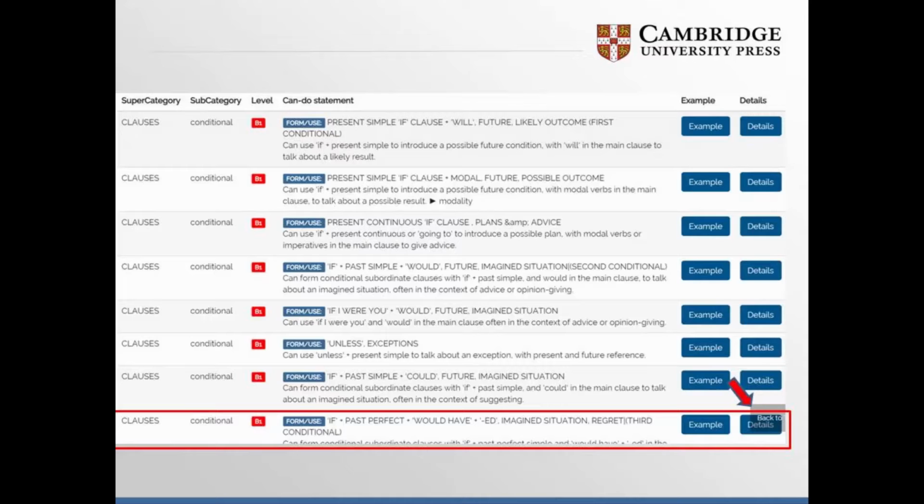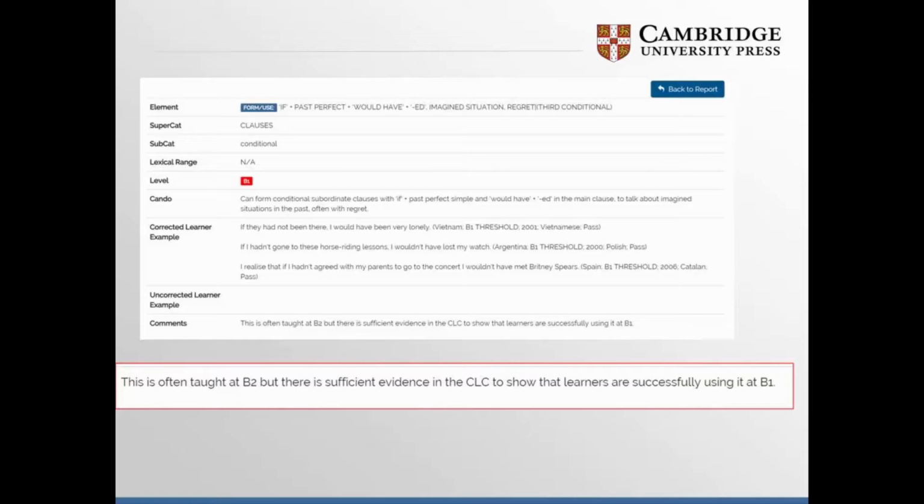Now, the important thing to say here as well, which I just touched on, is that as well as these first, second, third, zero, interspersed with that, we've got other uses of if clauses. So first of all, it tells us perhaps that there's more to the conditional than the zero, first, second, third, which is not news to a lot of people. But also, if we go into the detail on the third conditional here, and go down to the bottom,